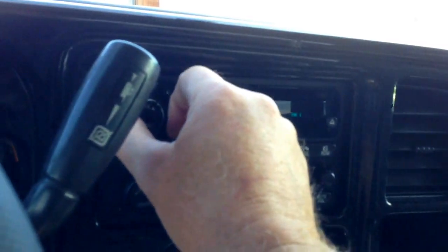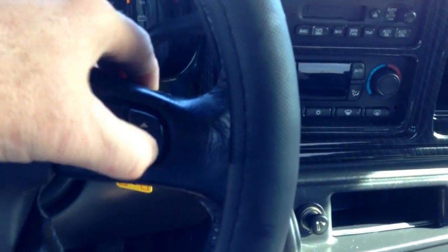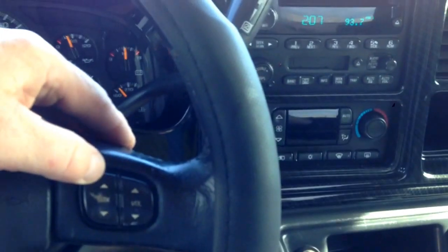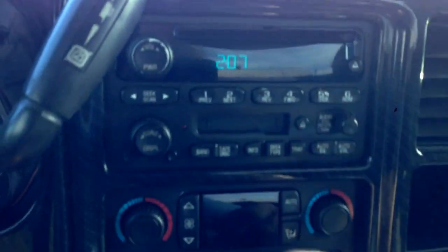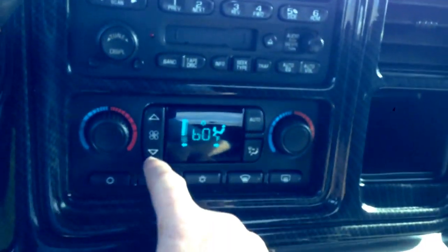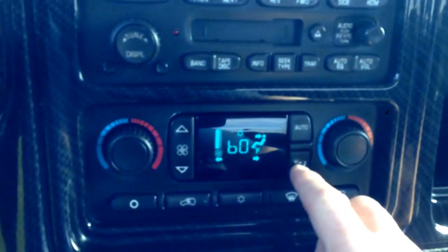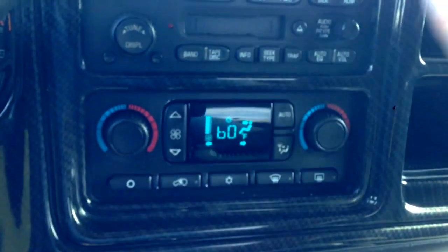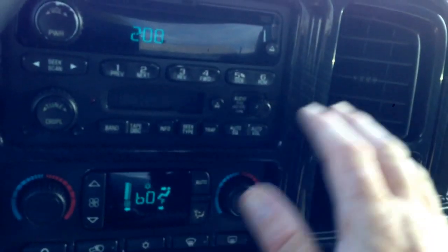We've got a radio. Steering wheel controls work. Change the station. That works fine. Alright, you got a cassette player, CD player. Let's try the AC. Let's see. Oh, gotta change it. There we go. Not that you guys are interested in AC during your